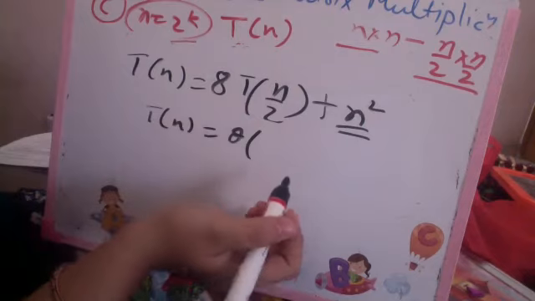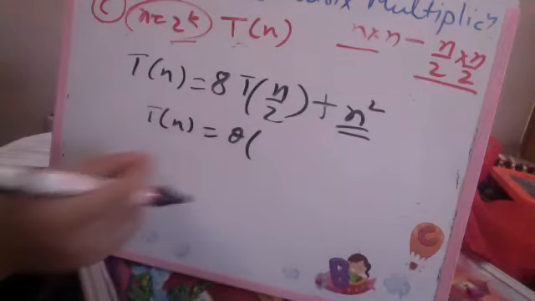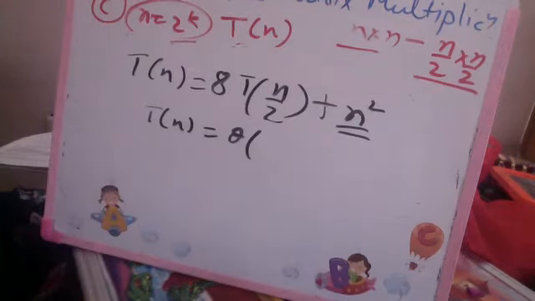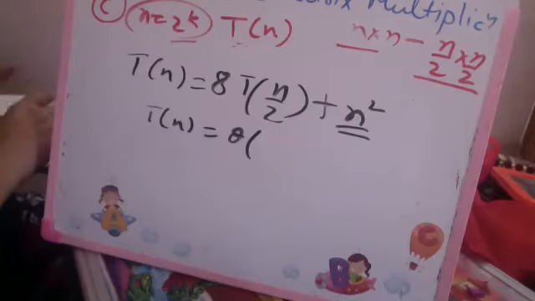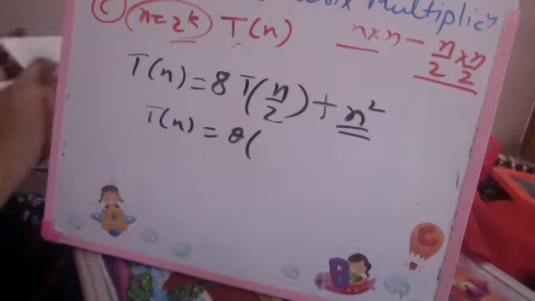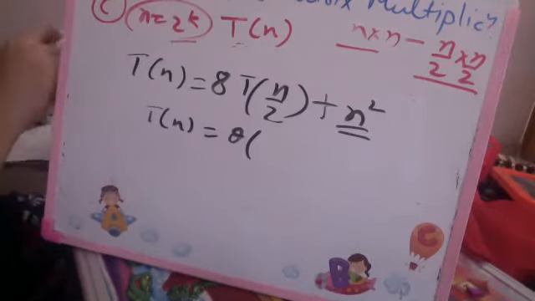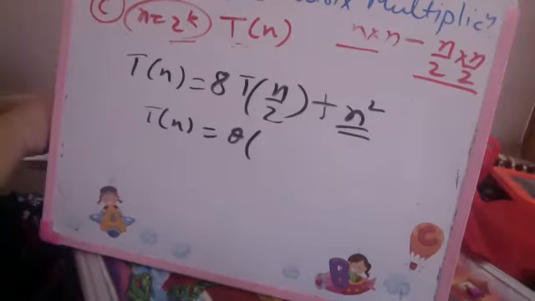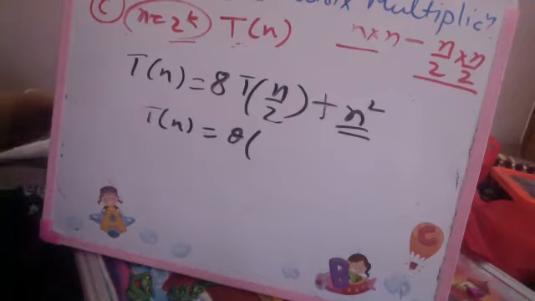Now here, what will be the complexity? Theta of n square. No. We are doing something wrong. Ma'am, this is not the first case. First case. You tell me which case it is. Yes, ma'am, it will be first case. Ma'am, whatever the case is, theta of n cube.